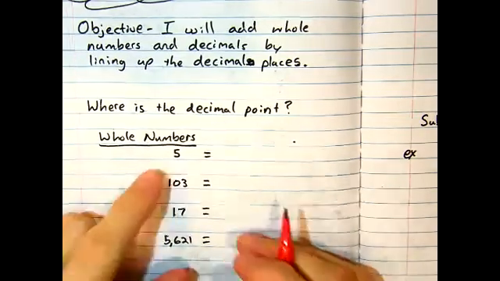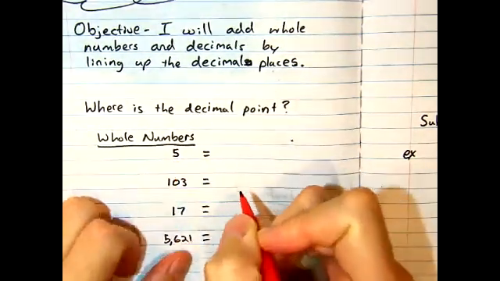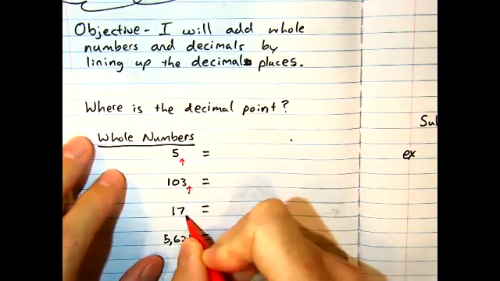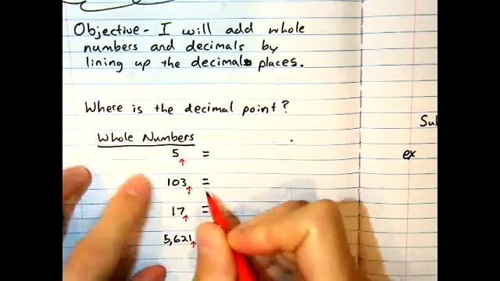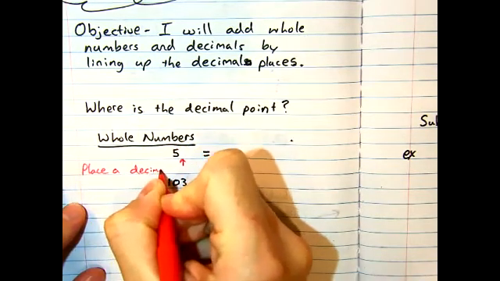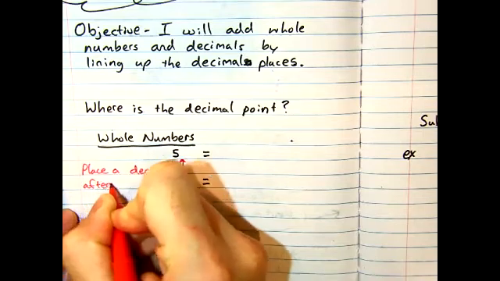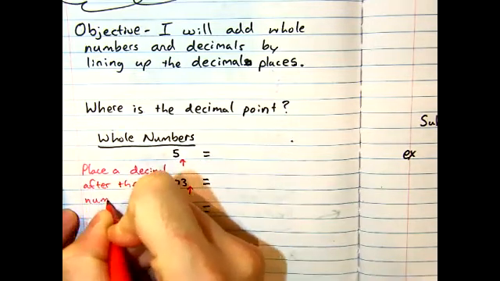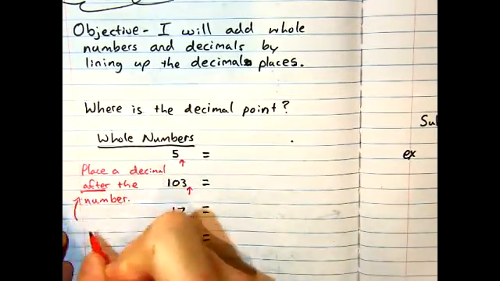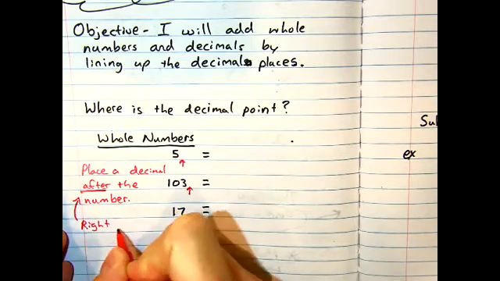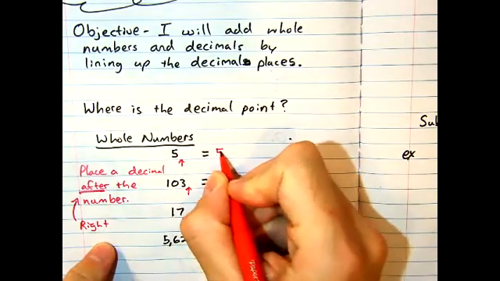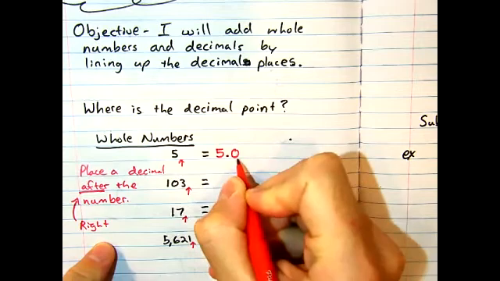Remember, when we talked about fractions, we had a whole number and then we had a fraction next to it. Well, we do need to look next to the number, and it's going to follow the number. So place a decimal after the number. And when we're talking about after, we really mean right. We're looking right next to it. So right next to the 5, 5 written with a decimal would be 5 and 0 parts,